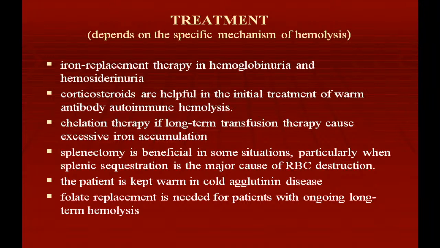If the patient needs long-term transfusion therapy because of chronic hemolysis, chelation is used to prevent accumulation of iron in tissues. In some cases, in some hemolytic anemias, we may use surgery, for example, splenectomy,